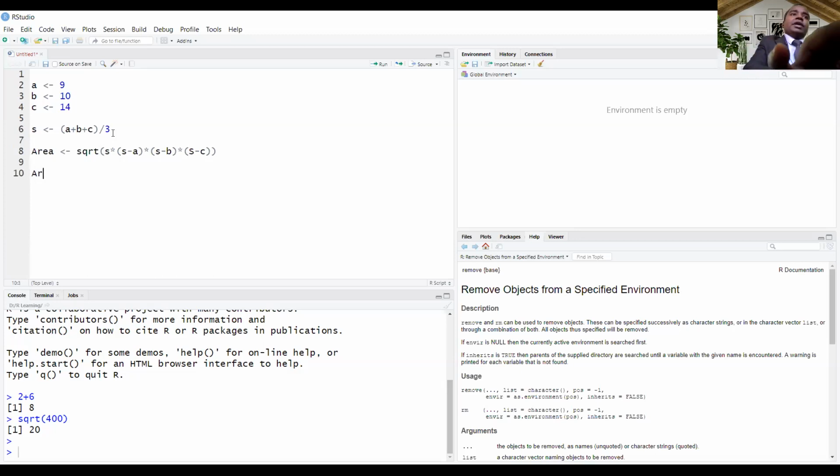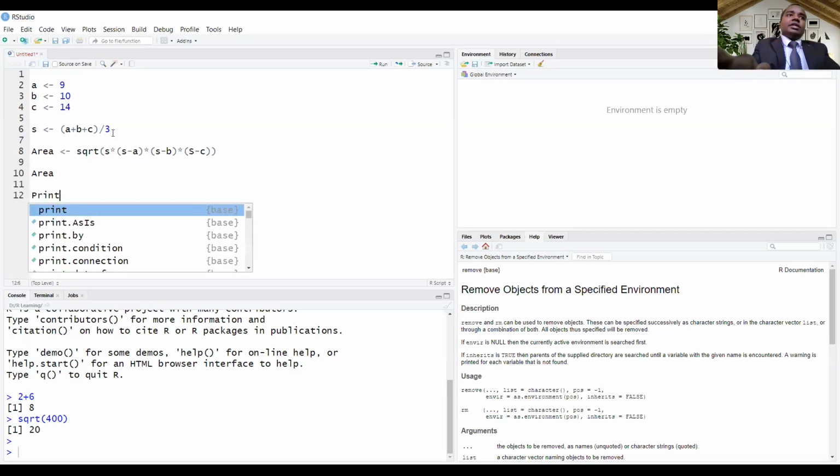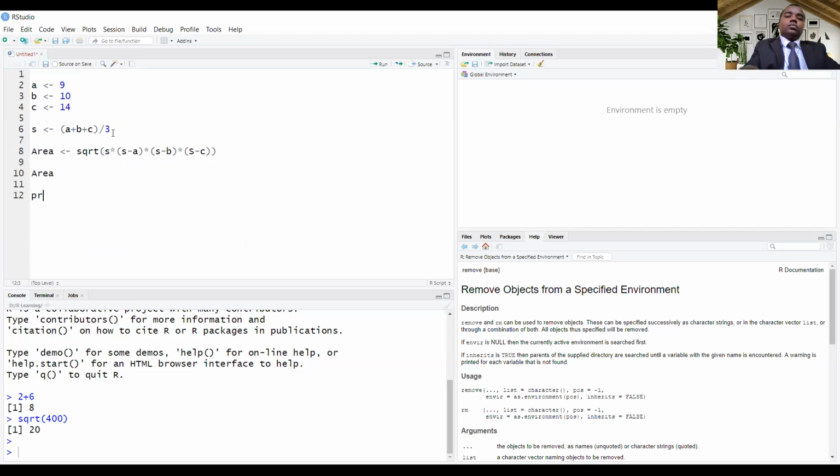You can directly print it as area, or you can use print with "area", comma, area. Okay, let's run our program.